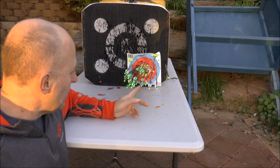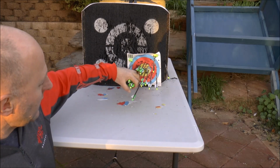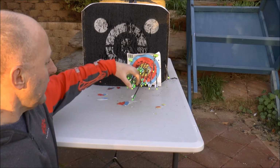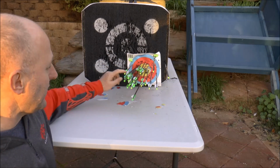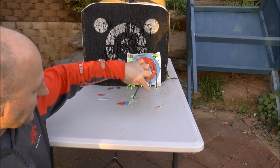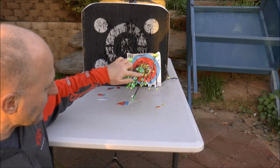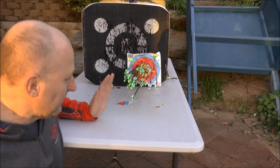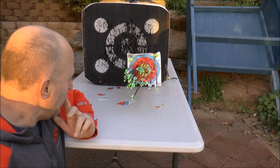Now, what you notice is the Victory arrows on this side of the group. The Tornadoes, they're both 400 spine, okay? So the Tornadoes are on this side and the Victories are primarily on this side of the target. Now, with the exception of this one. What you'll notice is the height on the Victories. So there's a Victory there, there, there, there, there, there, there, and there's one slightly higher. What you'll notice is the height's pretty good, but left to right, they're pretty much all over the place, right? So I'm thinking to myself,